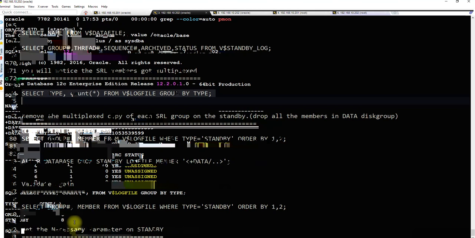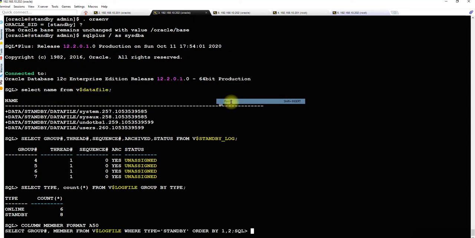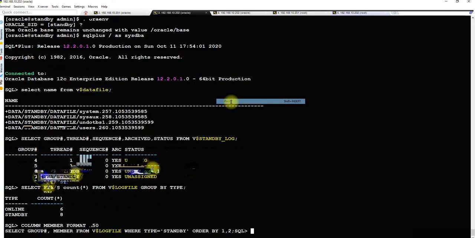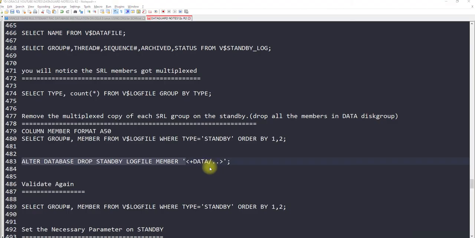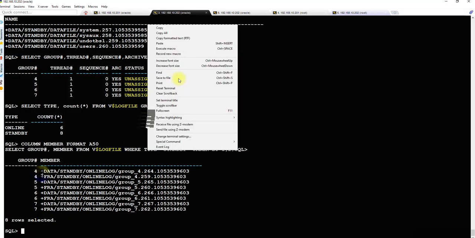So for that, let's first see the location of the files. What I will do, I'll start deleting all these with plus data. Okay, we'll just leave the FRA ones. So you need to make sure whatever you're dropping, do it properly. Okay, so run this statement, put that in quote. So let's delete the first one, the fourth one.